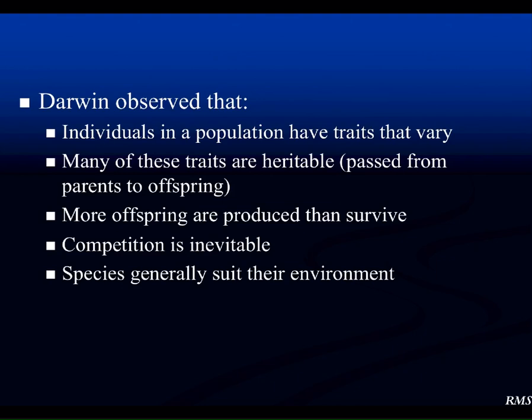More offspring are produced than survive. And what that means is that when offspring are born, not all of them are going to survive. Now, humans, people often think about that's just something that happens. Our offspring survive, and it's because of modern medicine. But in actuality, that's obviously not true. But just to understand this better, we can look at other populations.